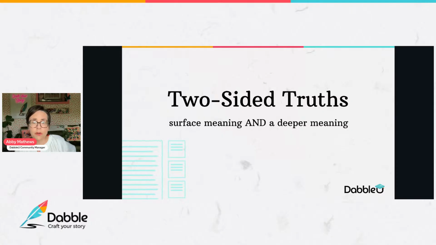All right. So we're going to look at how to build those dual layers into your character, plot, and world so that your twist feels both surprising and inevitable. Right? Those are 2 big requirements if you're going to pull this off. By the end of the session, you're going to have the concrete tools to create your own twist-worthy two-sided truth, whether you're writing mystery, fantasy, rom-com, thriller, or something delightfully weird in between.